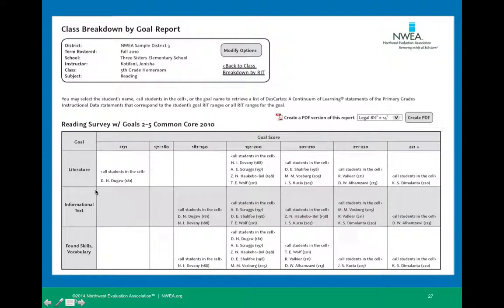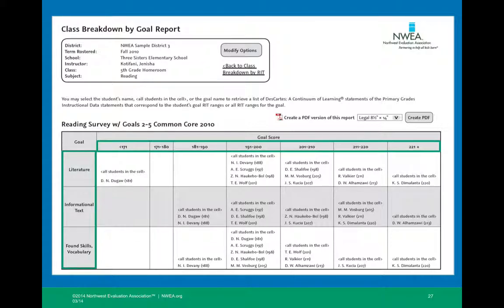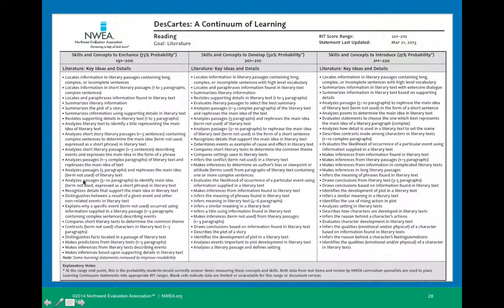It's going to take us into reading, and you're going to see the different goal areas of reading. We have literature, informational text, and foundational skills. Once you're in here, you can click in, and it shows the different RIT bands, and I'm going to click on literature. What that does is it brings down the continuum of learning, and it shows, in those RIT bands in the area of literature, some key ideas or details